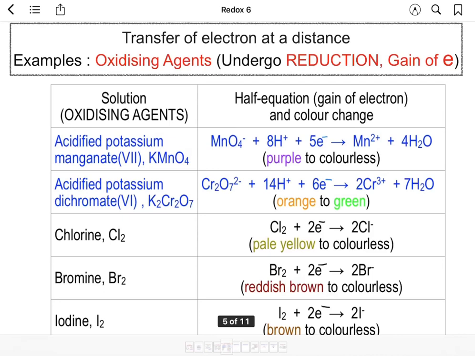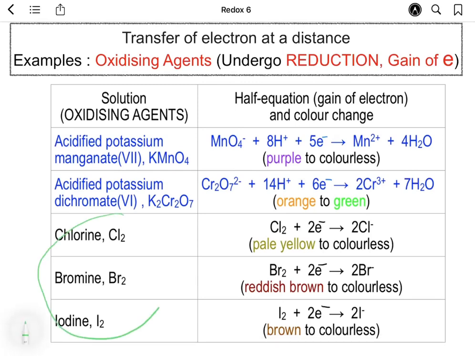Now let's discuss common oxidizing agent used which will undergo reduction by gaining electron. We have discussed before these three substances, chlorine, bromine, iodine, and all of these involve change in oxidation number from 0 to -1. So decrease in oxidation number, reduction, so act as oxidizing agent. Today I will focus on two oxidizing agents that are rather new to you, which is acidified potassium manganate VII, KMnO4 solution, and acidified potassium dichromate,